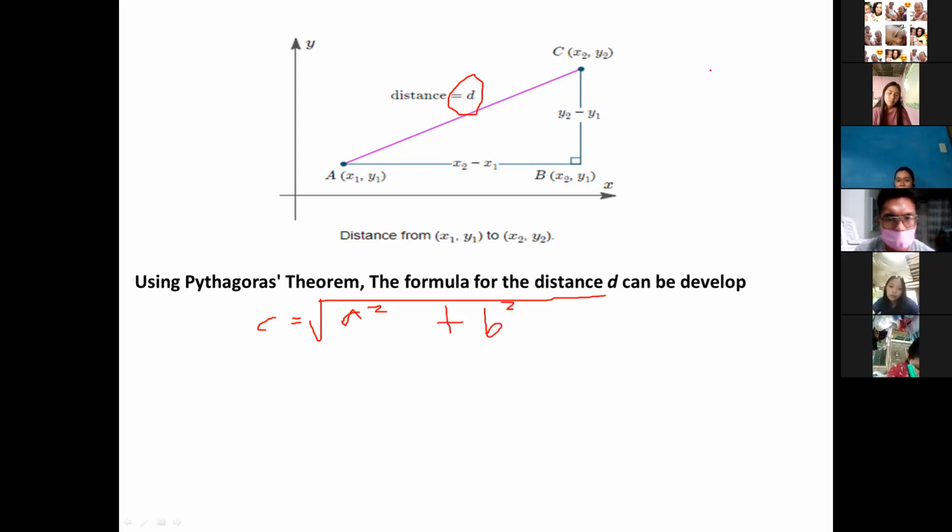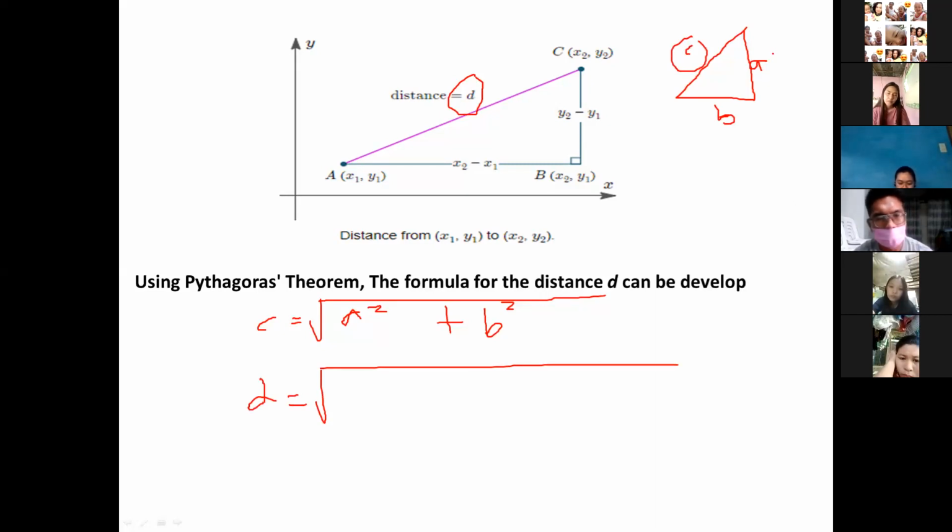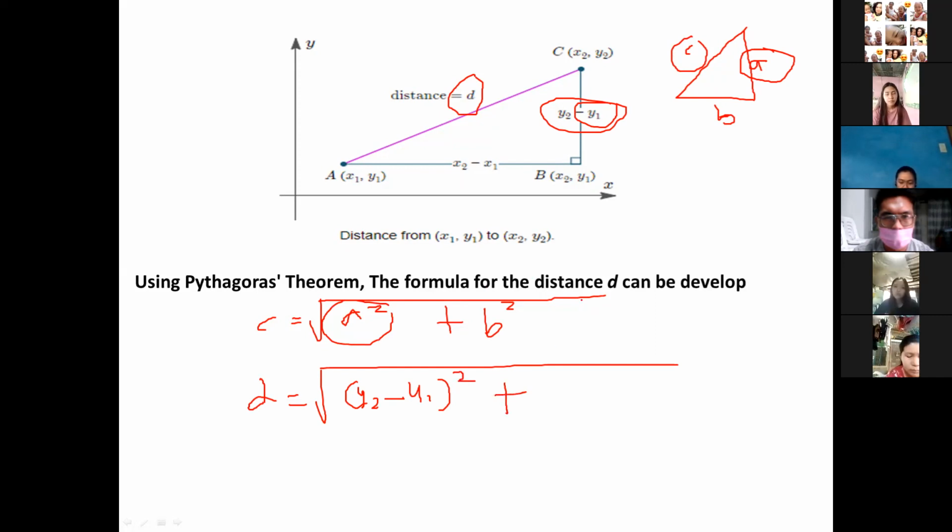Now, if I redraw the right triangle, this is C, this is A, this is B. Our C is also D. That's why I'll change C to D. Equals square root. What is the value of A? This is A. So, y sub 2 minus y sub 1. But this is squared, so I also square the value of A here. Plus, the value of B,